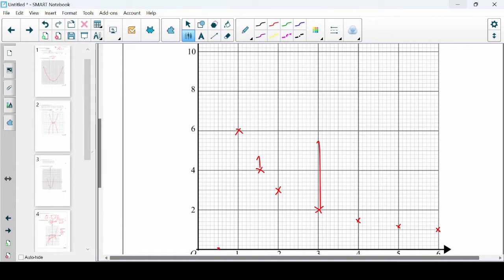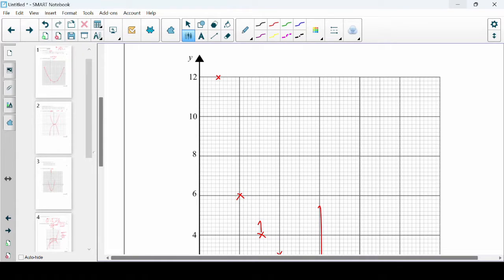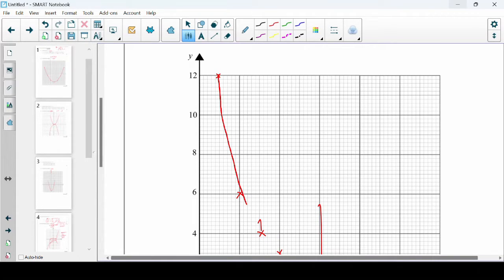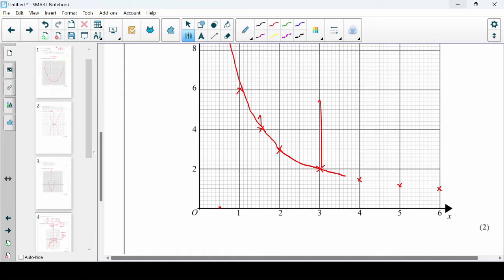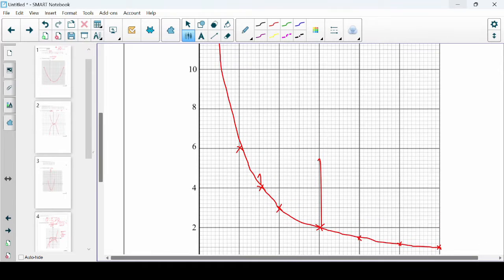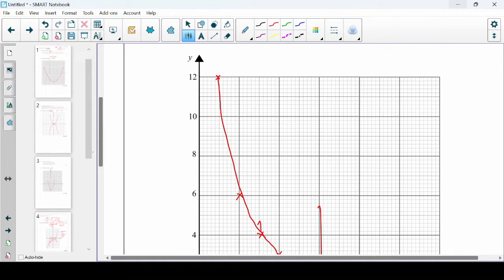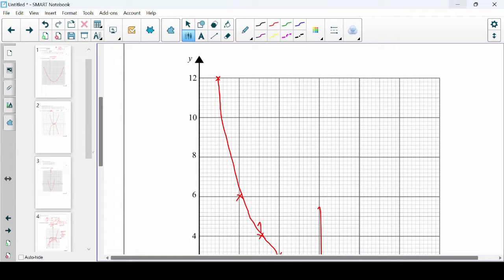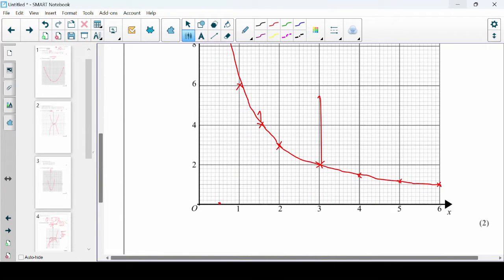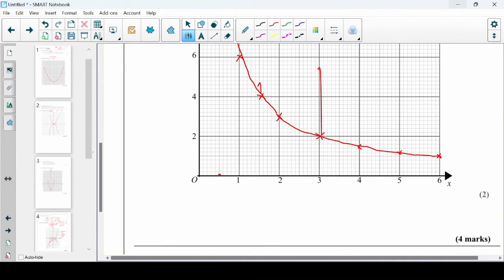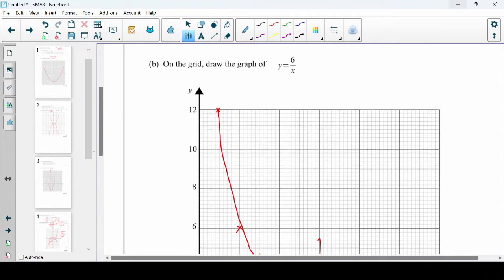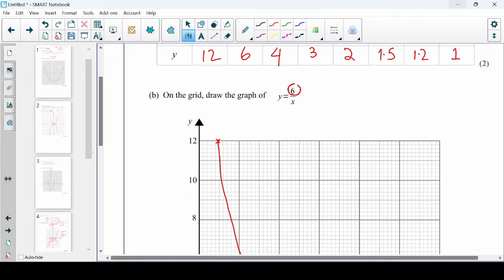type of graph, if we just try to plot it, the inverse graph moves like this, and it never touches the y-axis or the x-axis, and it moves close to infinity, but it does not touch. If the values are negative, they will be in the opposite quadrant, and they will also move like this. So what is the impact of the numerator number? If the numerator number is smaller, then the